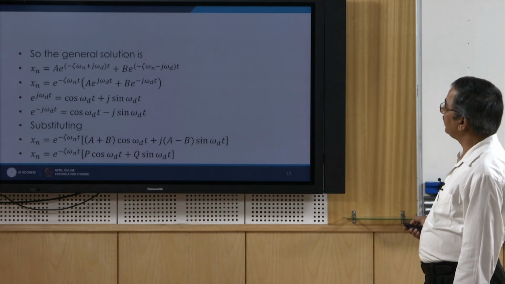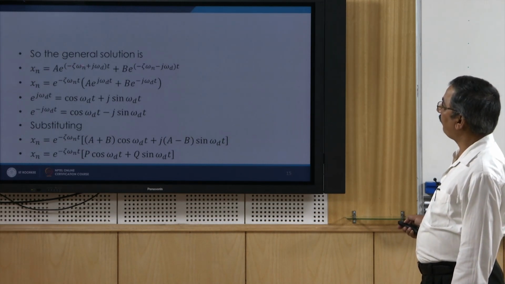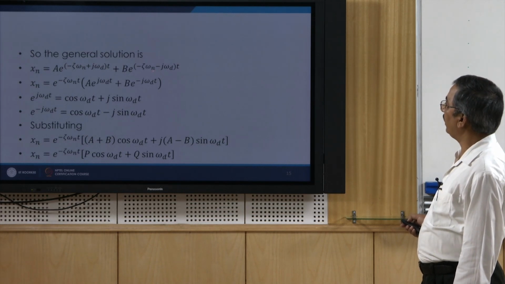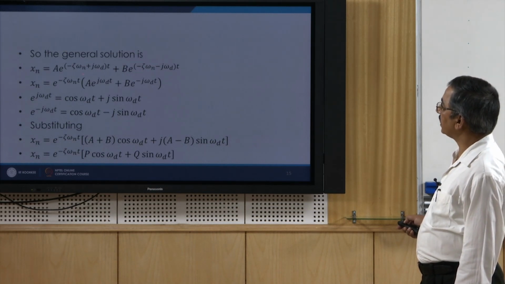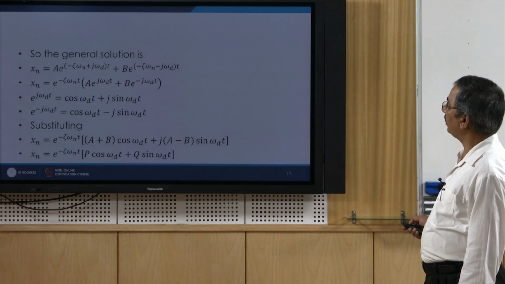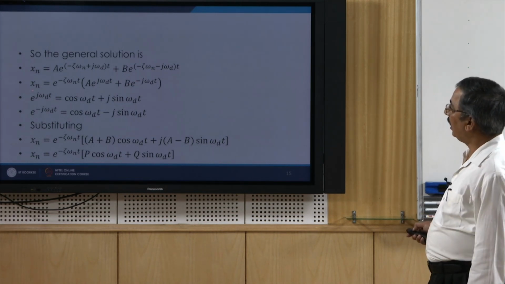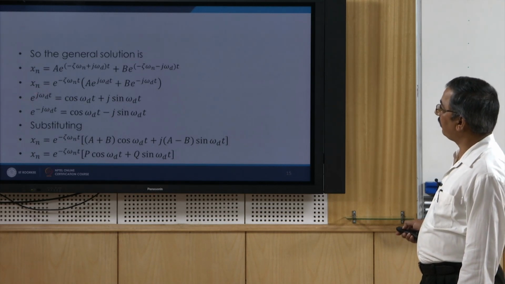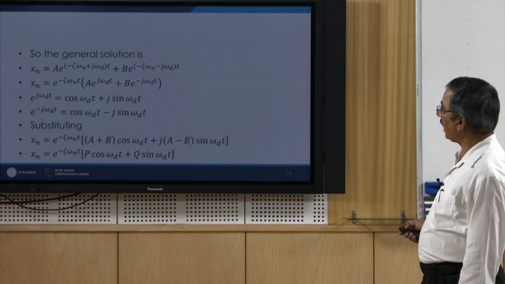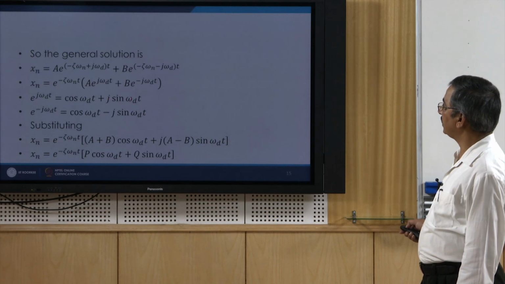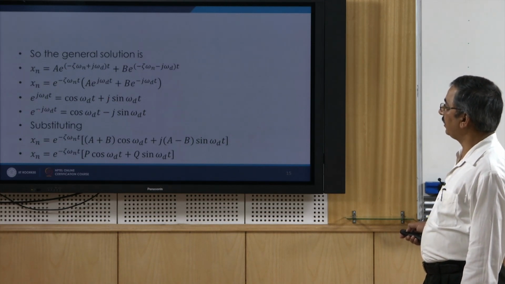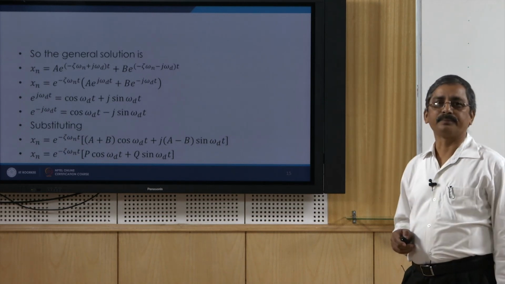Now, I can split these terms, that is the first term of the exponential of this one and the first term of the exponential of this one. So, these two terms can be split up and I can take this exponential term outside. This is what I am left with: a e to the power j omega d t plus b e to the power minus j omega d t. And we know that e to the power j omega d t I can write in terms of cosine and sine terms. So, cos omega d t plus j sin omega d t, and likewise I can write for minus of this one.